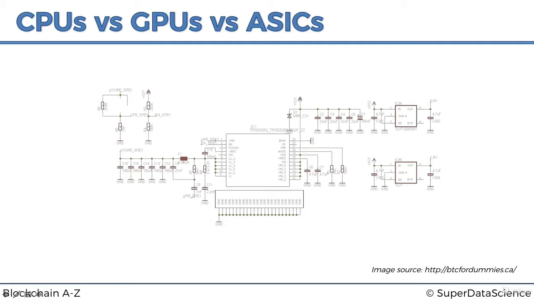At the same time, it's important to note that ASICs blow GPUs out of the water. GPUs blow CPUs out of the water, ASICs blow GPUs out of the water. So there's no point in using a GPU if somebody's using an ASIC. But at the same time, it's important to note that ASICs can only be used for certain cryptocurrencies, such as